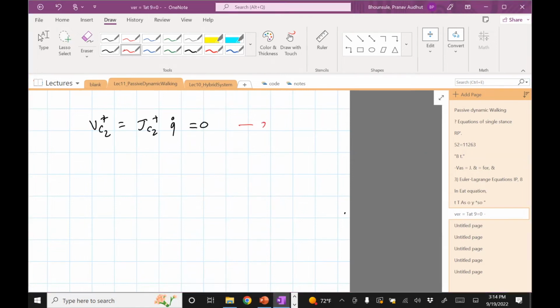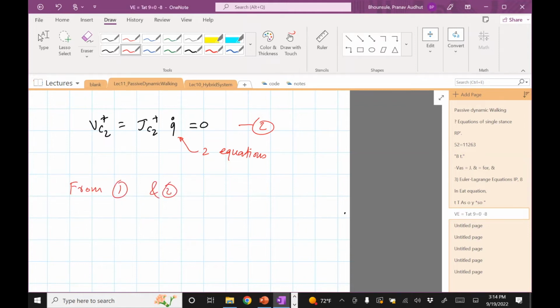Let me just make that number 2. There are 2 equations because what is the velocity of C2? It's the velocity in the x direction and the velocity in the y direction. That's 2 equations. So what I end up with is